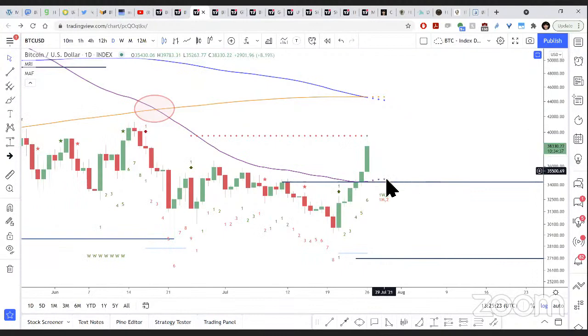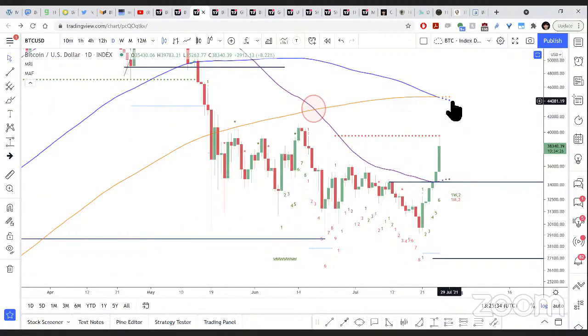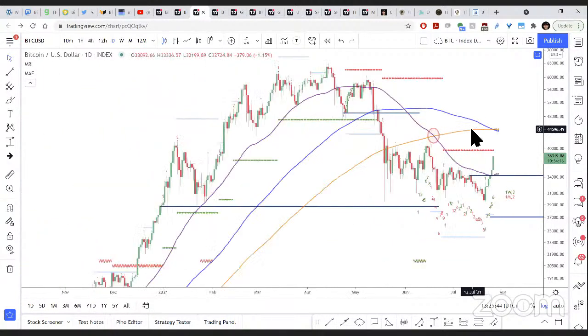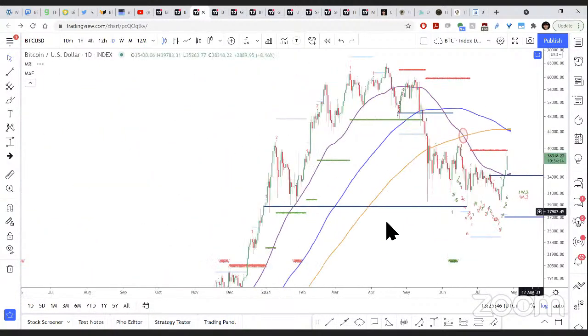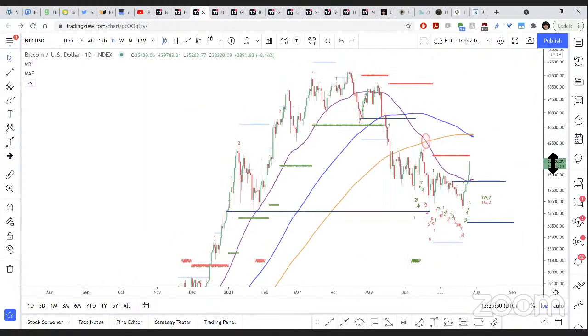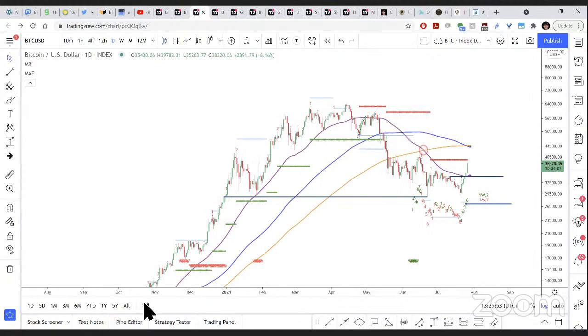A pullback is very likely back to the 50-period moving average, but I now do think that we're gonna hit one of these levels of resistance, being the mid $40,000 range. And then we will need to reevaluate the asset to see if we are ready for new all-time highs, or we are gonna head back down and make new lows. I am leaning towards new all-time highs, but it doesn't have to be that way,